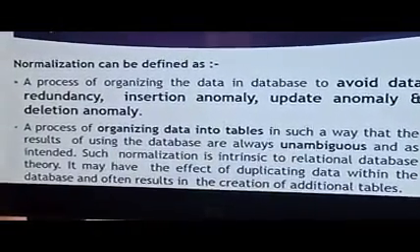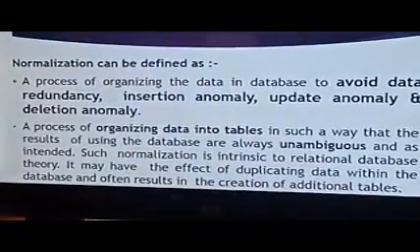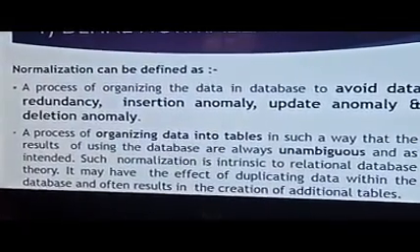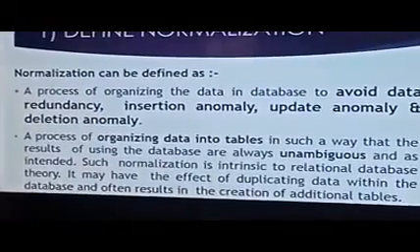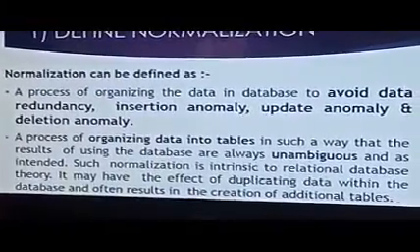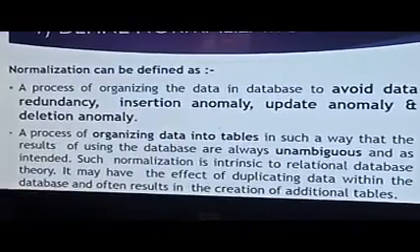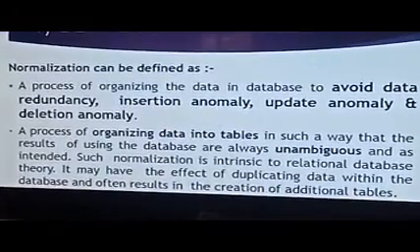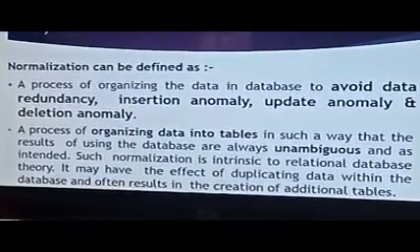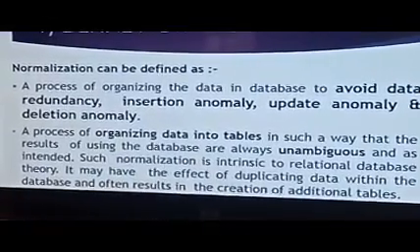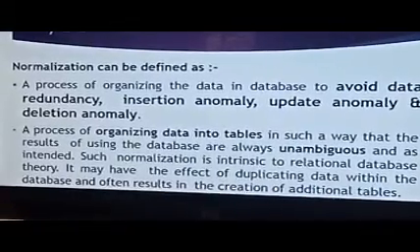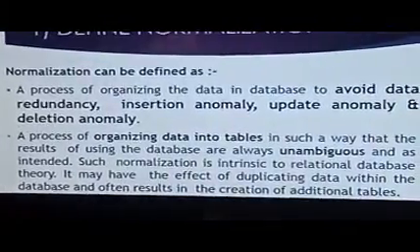In that case it is not possible for you to update it. Or you want to insert new data, but the table is used by someone else. So there comes the problem of insertion. And if a particular record is deleted, the student information including address, mobile number and all those things will also be deleted, though that is required for future purposes, if you need to refer to it for a contact certificate or somehow.